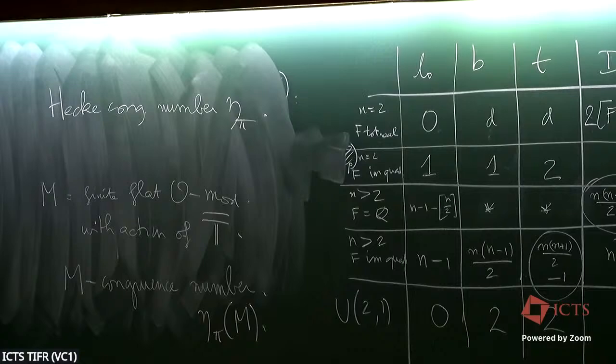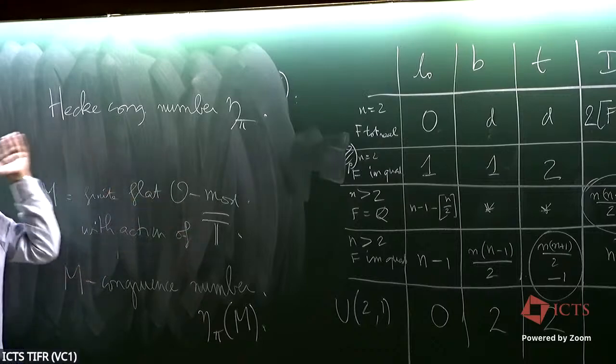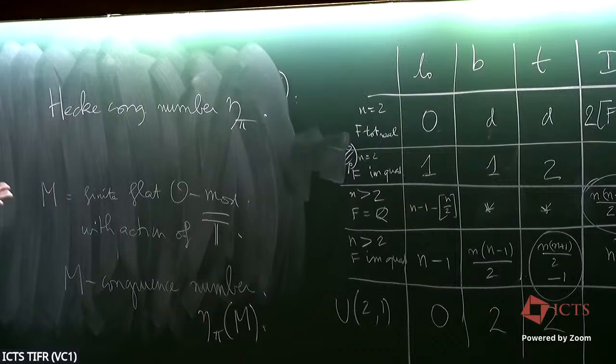It is not absolutely necessary, but it makes life much simpler. Namely, something I don't assume is that M is free over the Hecke algebra. If it is free over the Hecke algebra, it's just the same as before, but it may not be free. This is free over O, but maybe not free over the Hecke algebra. But we assume it is rank 1 over the Hecke algebra in the following sense, namely that